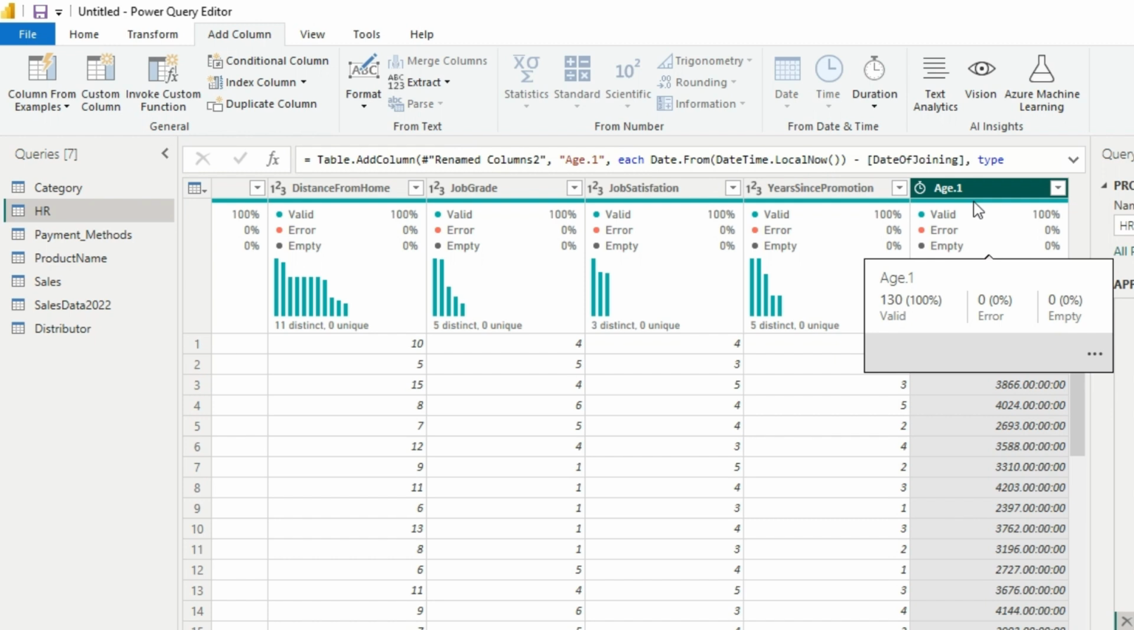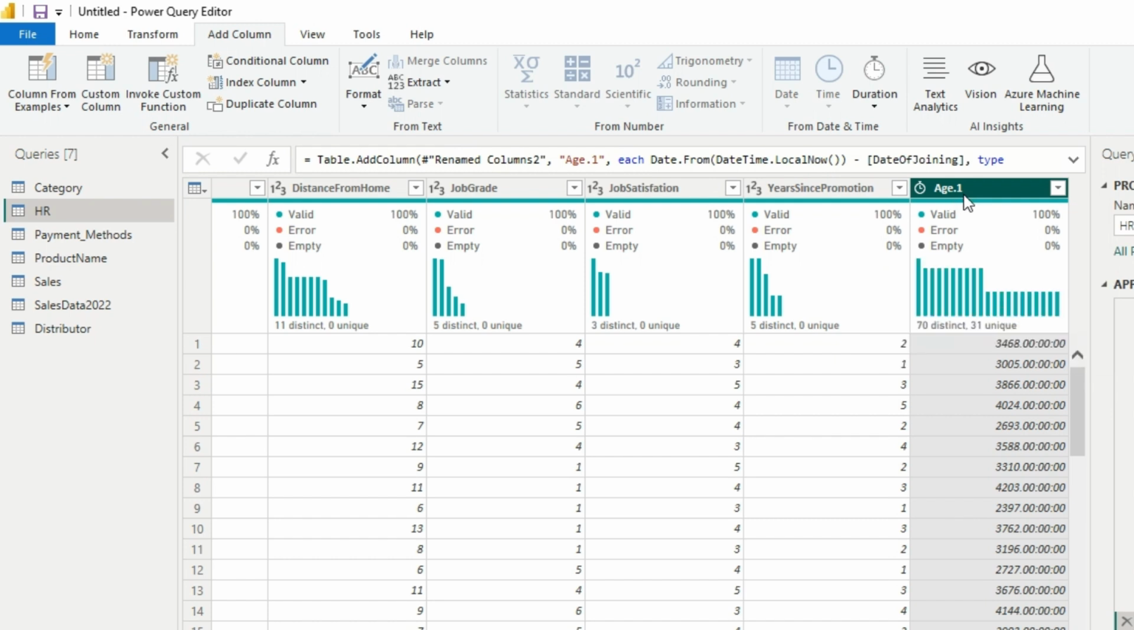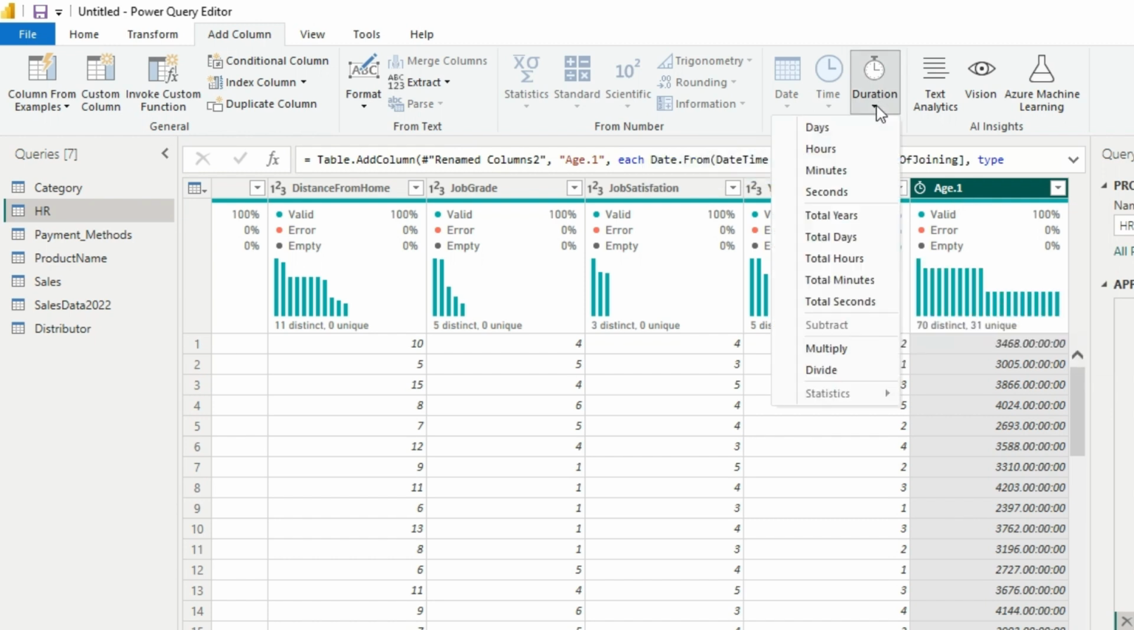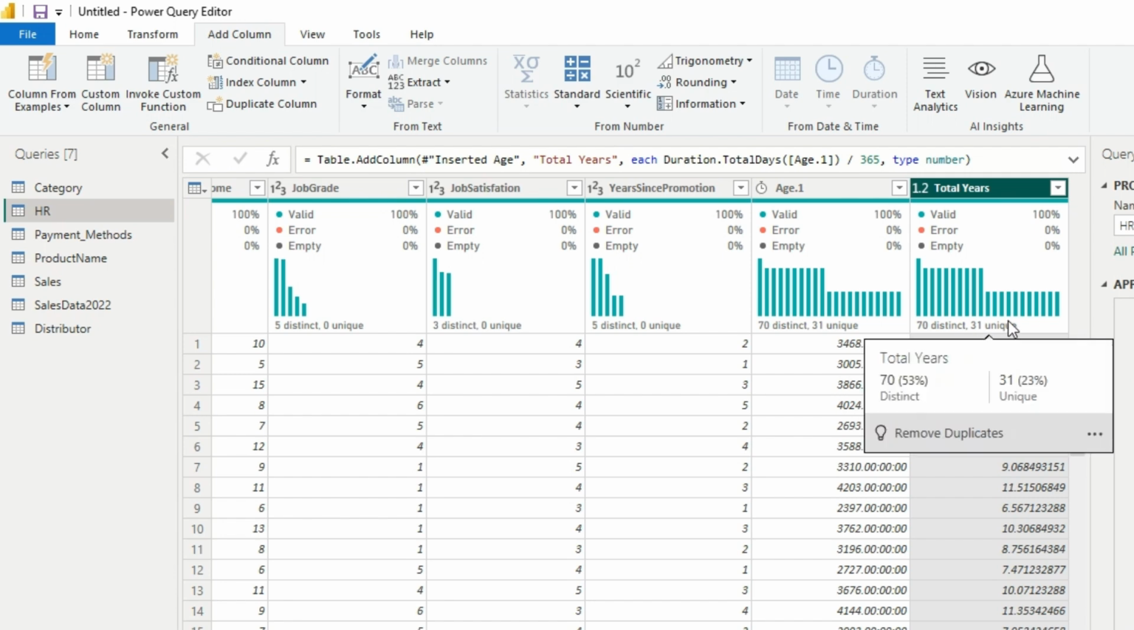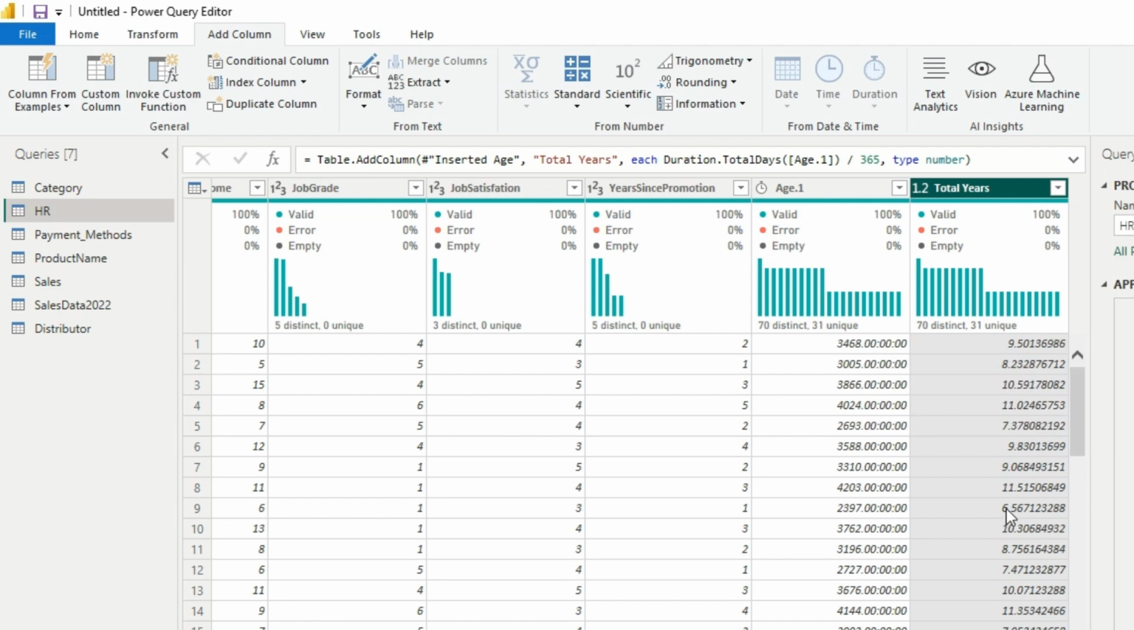So when I click on this particular age column, I come to Duration. I change the duration to Total Years. I want it in the form of years. And now I'm having 9 point something. This is that duration that was in days, minutes, hours, and seconds, now in terms of years. Now I cannot leave this in decimal form like this. So I can come to this drop-down